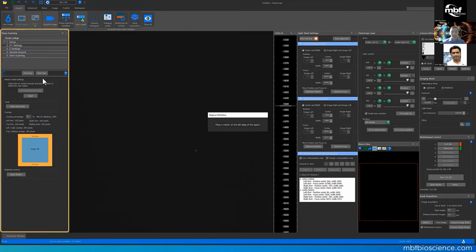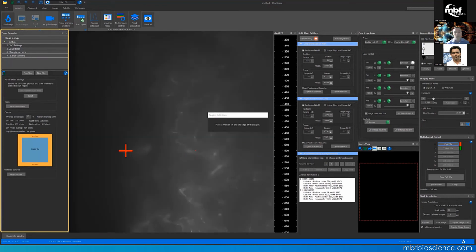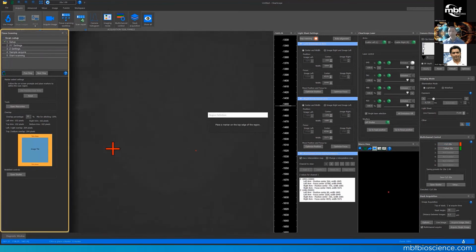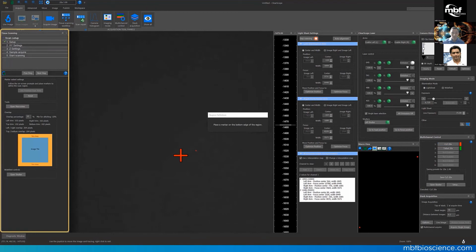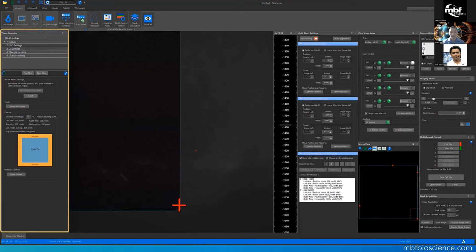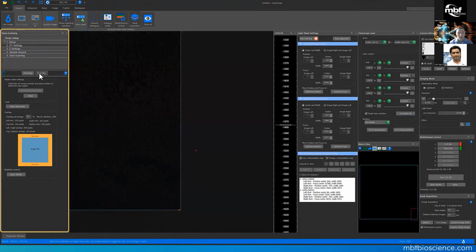At this point, we can select a channel from the multi-channel control tool and begin to place markers to define the region of interest of our scan. We are prompted to place markers to define the left, top, right, and bottom edges of the region of interest. And the macro view over here shows us an overview of our scan. You could use this to easily navigate to locations in the region of interest to perform the next step